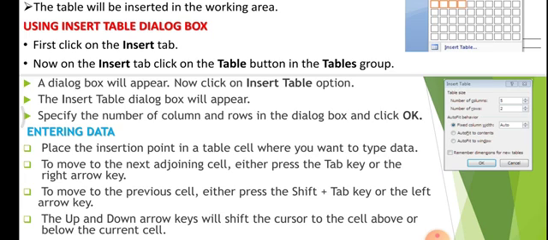As you can see in the picture, there is a number of columns and a number of rows, so you can determine according to your requirement the number of columns and rows and then click OK. Then according to your choice, a table will be inserted in your document.